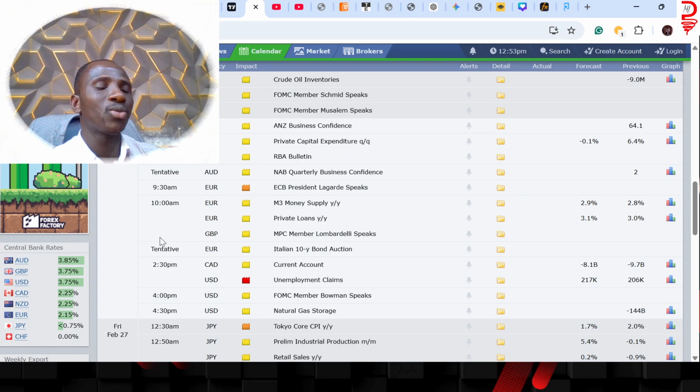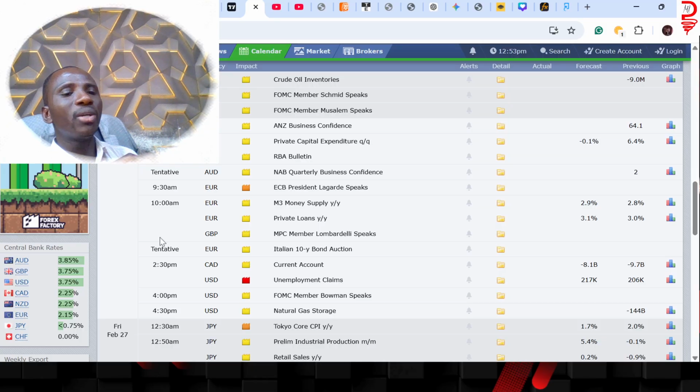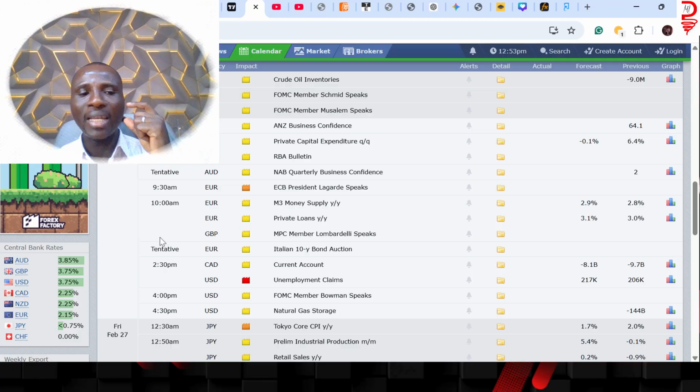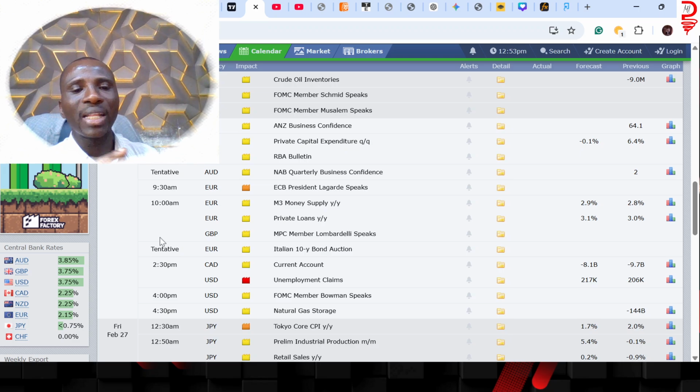So don't be carried away to say that when we talk of interest rate, we are just looking at the currencies. This is important so that you can understand that analyzing the fundamental standpoint of a particular currency is that you are analyzing the economy of that particular currency. So we have different economic indicators that narrow down to the interest rate decision. We have indicators like the gross domestic product. We have indicators like the inflation rate. We have indicators like the employment data, unemployment rate, retail sales, and different sentiment indicators,